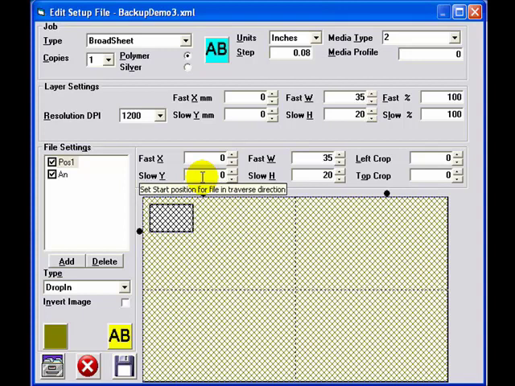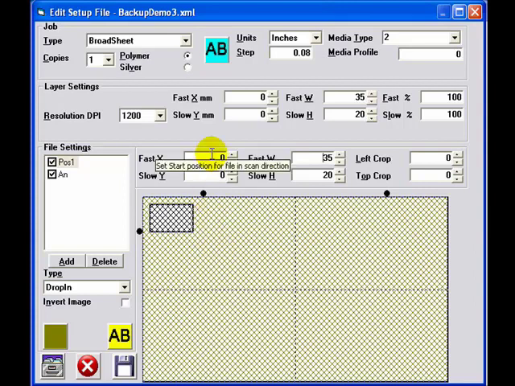Conversely, to crop the left or top of the incoming image, enter a crop value in either or both of these cells. Next, I'm going to give you a little demonstration of how some of these controls affect changes on the positioning of the image data on the plate. While I do so, watch the larger of the two grid areas in the diagram below